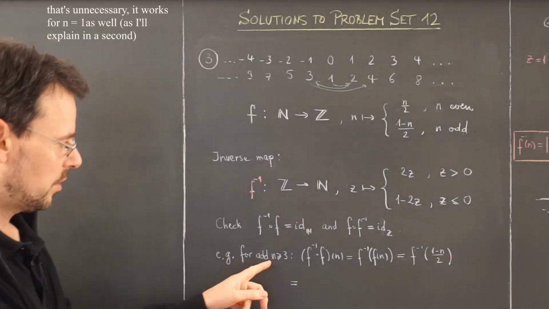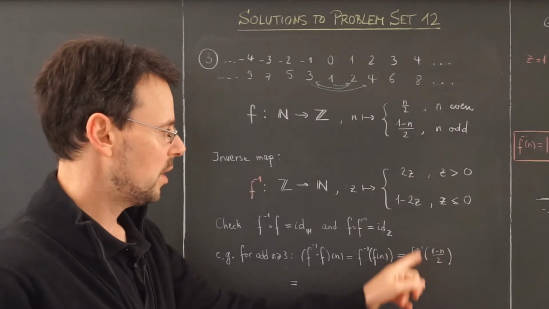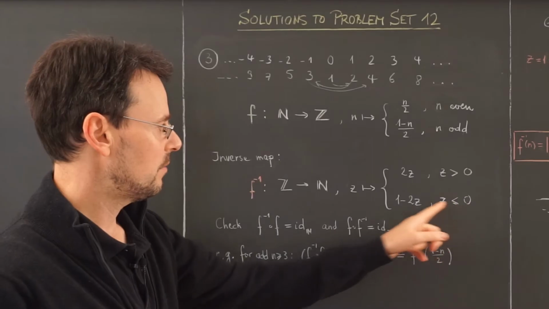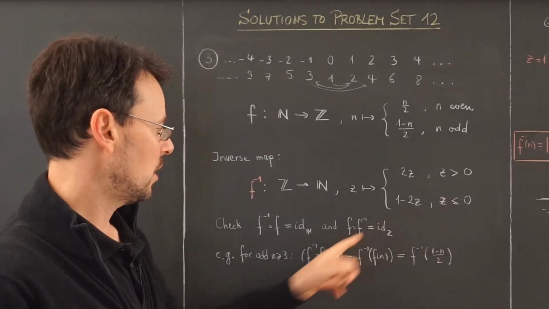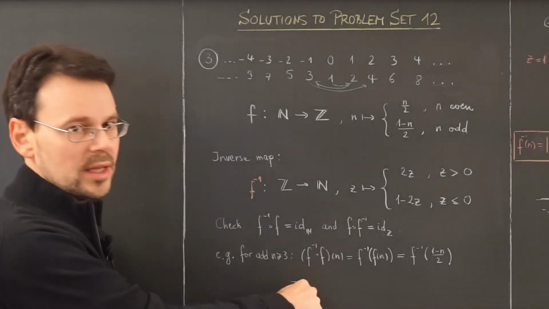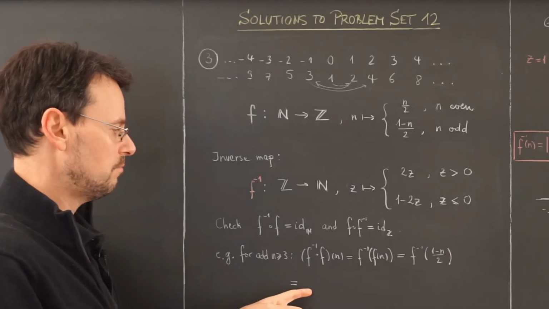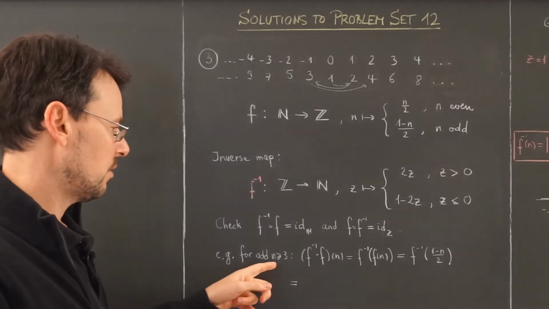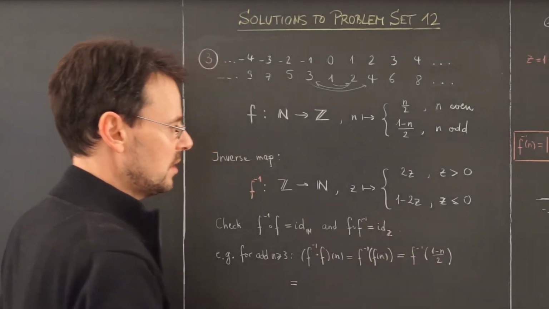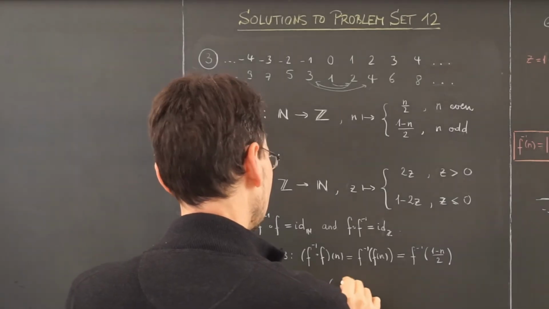Okay, let's do it for odd numbers greater than or equal to 3, because if n equals 1, we end up with 0 here. And then I have to use this definition, and I end up with 1, which is what I want, because if I plug in 1 here, I end up with 1. So for 1, this is the identity. Now for n greater than or equal to 3, this here is clearly negative, so we have to use this definition. So we have 1 minus 2 times